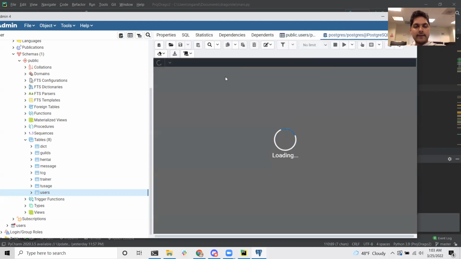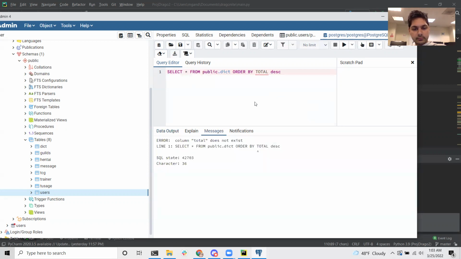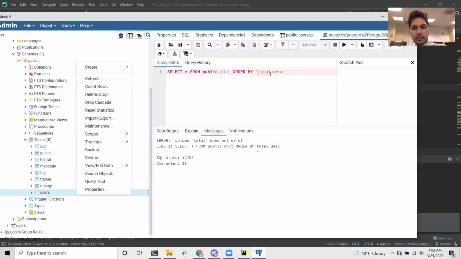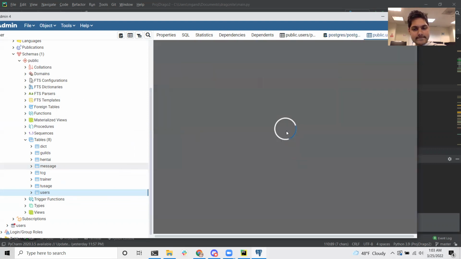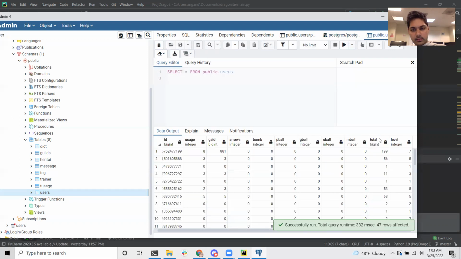Okay, so select everything from public.dict, order by total, descending. What do you mean? Oh, I think it's a string. Okay, let me just pause.